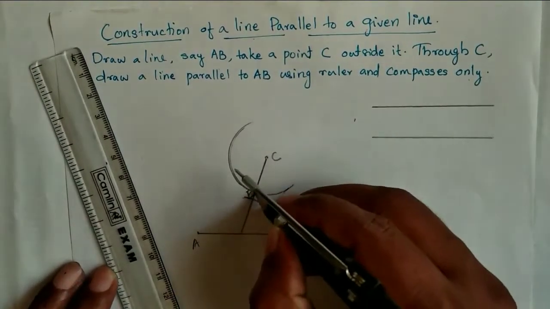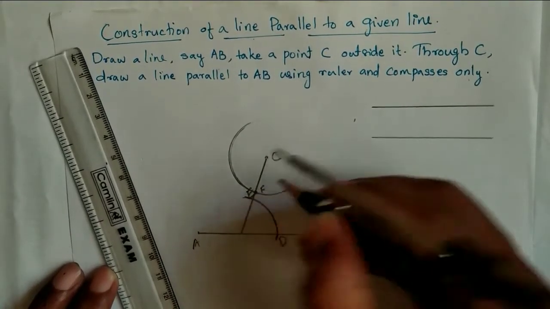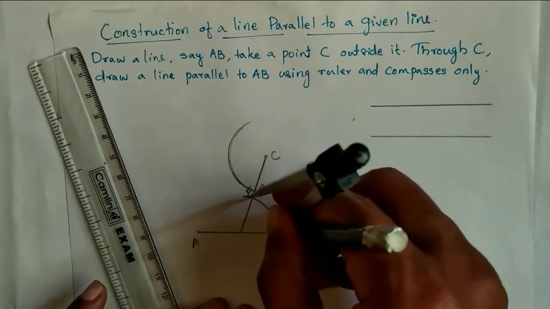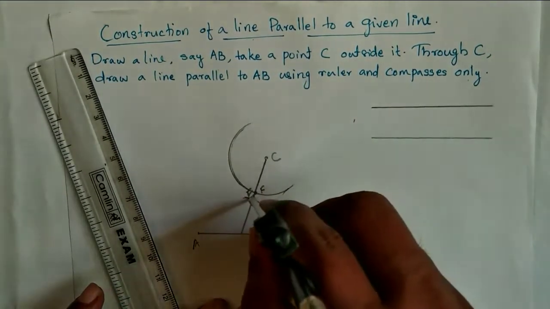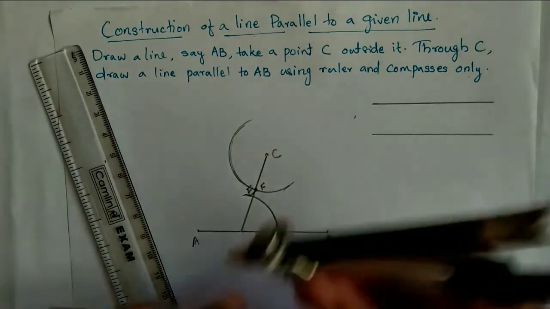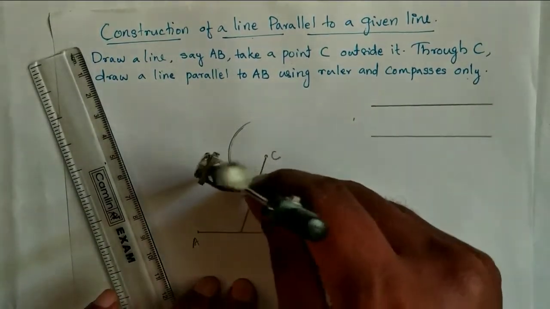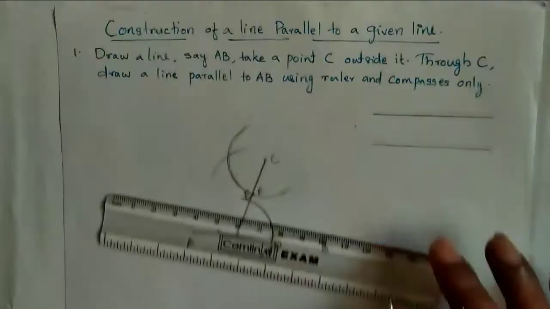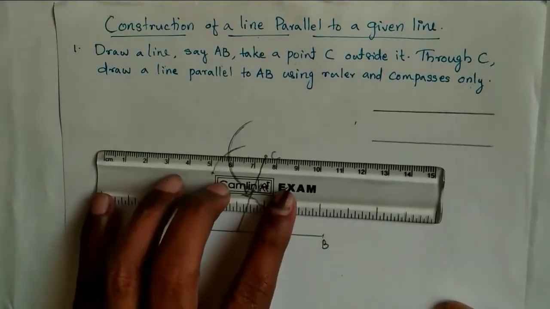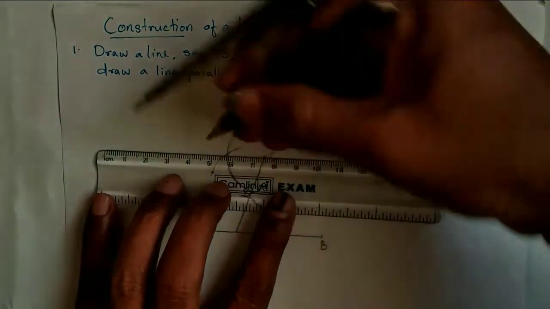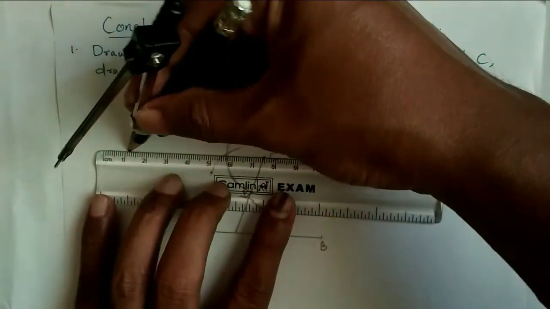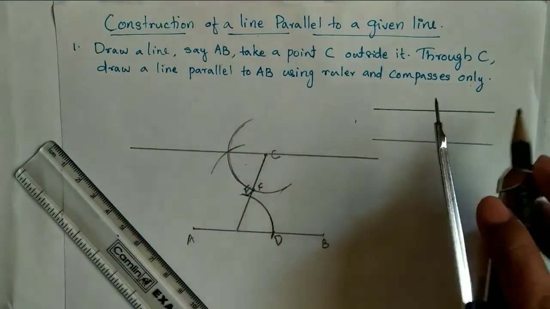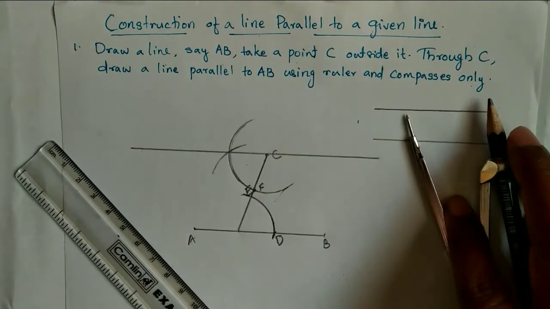Then that point is capital letter F. Then take your compass again and measure the arc length of DE. See, DE is the measurement, very important. Put your compass on F and draw an arc on the previous arc. Then take your scale and draw a line through that intersection point and C, parallel to AB. So you will get parallel lines. So this is the construction of parallel lines.